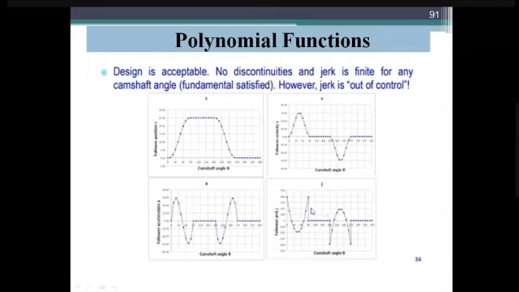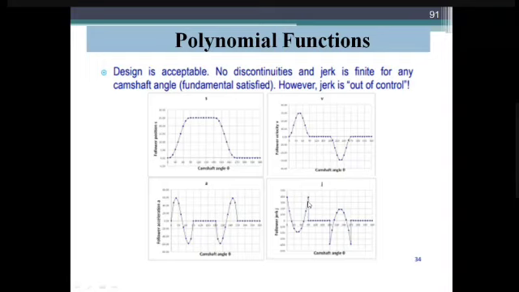Everyone was formed, but there is a problem in jerk. Look at that. There's the first one and two. That means the displacement and the velocity are uniform. But what about the jerk? Look at that. There is a curve ending and another started immediately. There is a small jump, a small sudden change in the jerk.